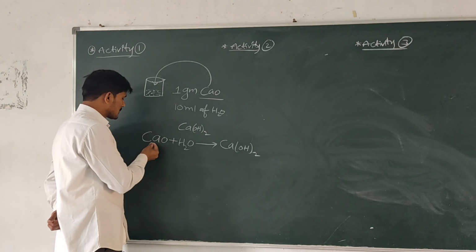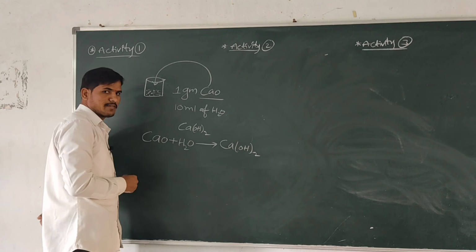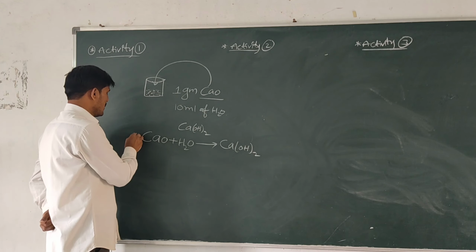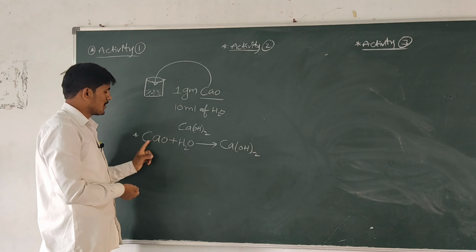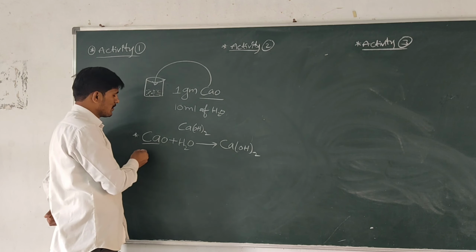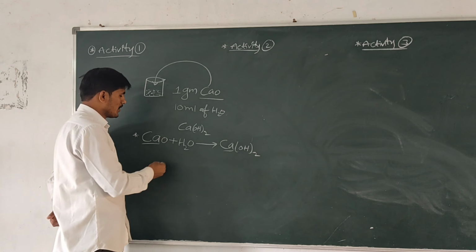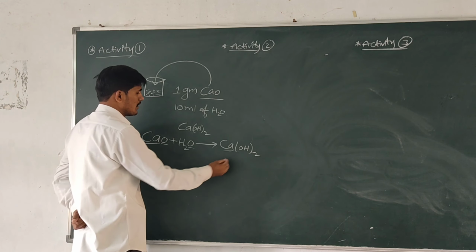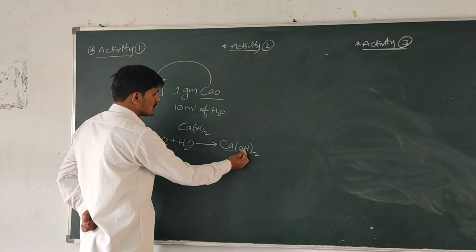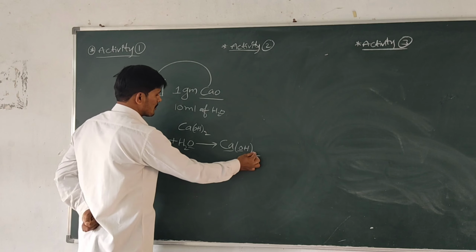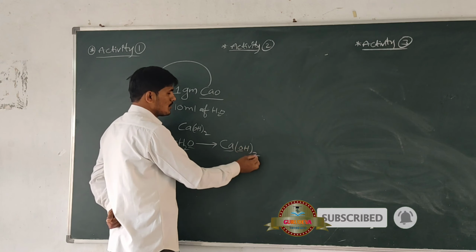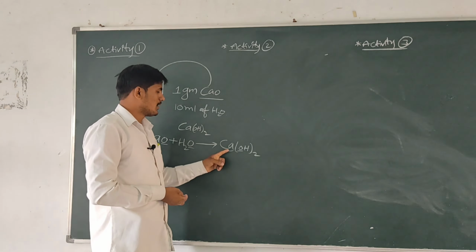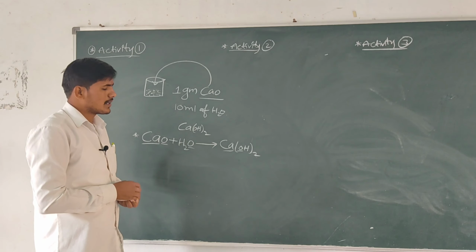According to the law of conservation of mass, a chemical equation must be balanced. Let's check whether it is balanced or not. How many calciums are present on the left side of the arrow mark? Only one calcium. Here also one calcium. Here there are 2 hydrogens and oxygens, as the 2 applies to both. Oxygens are 2, and hydrogens are 2 on the left side and 2 on the right side. According to the law of conservation of mass, the equation is balanced. The product formed is calcium hydroxide.